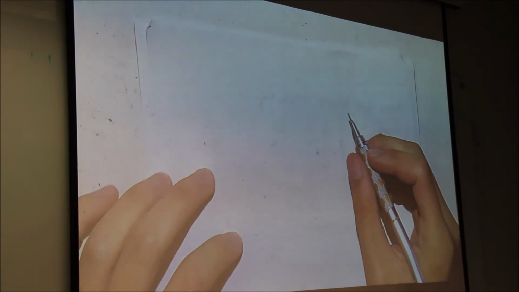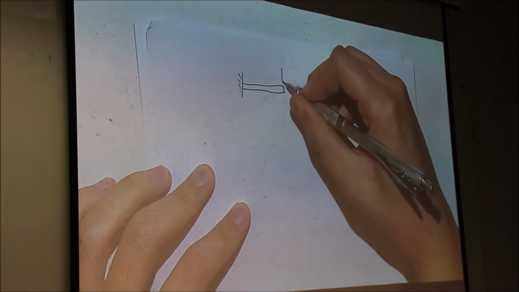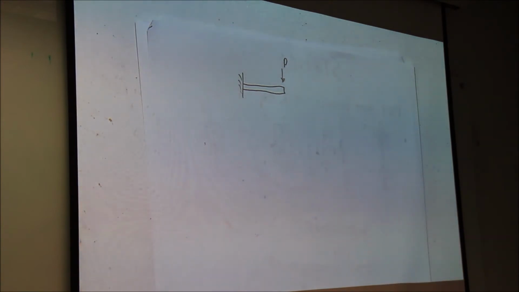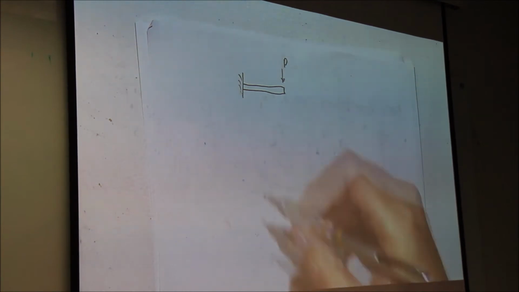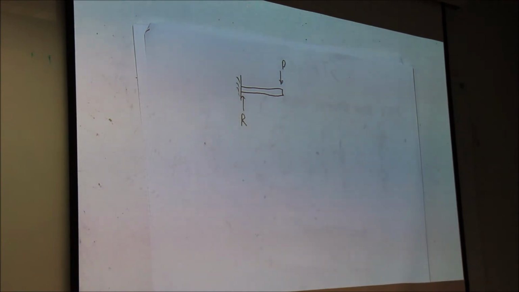So we've done a simple force. We're going to look at a cantilever beam, but with a lateral force applied now. So let's do the same thing. Force P. Okay. Now, we know at the wall there's going to be some reactionary force, right? Let's call it R again. We know it's probably going to be facing that way, so it can counteract the force P, right? What else does there have to be?